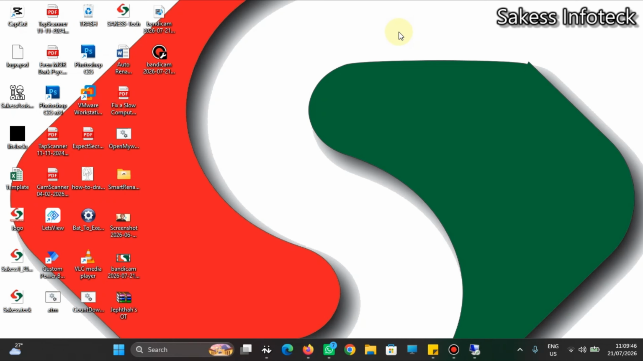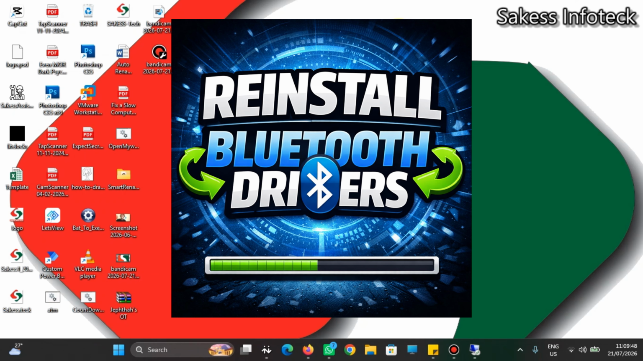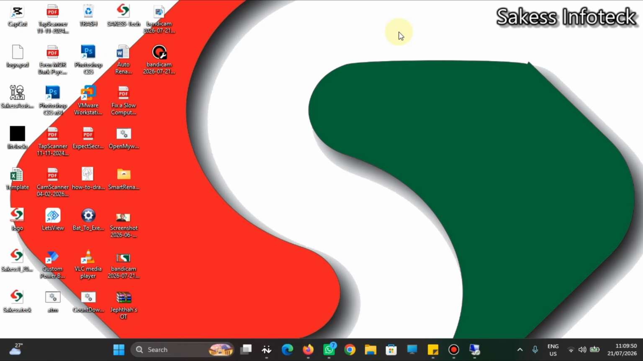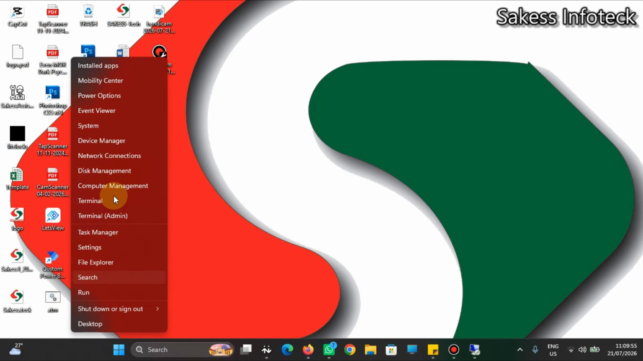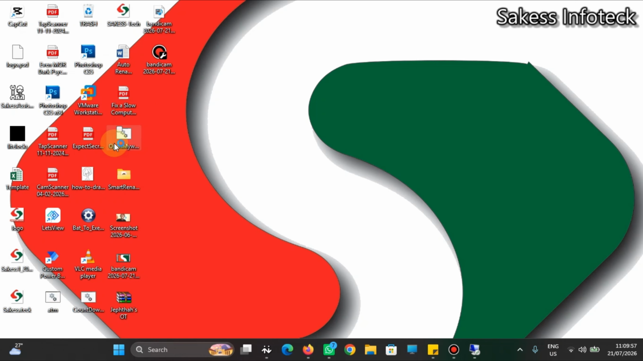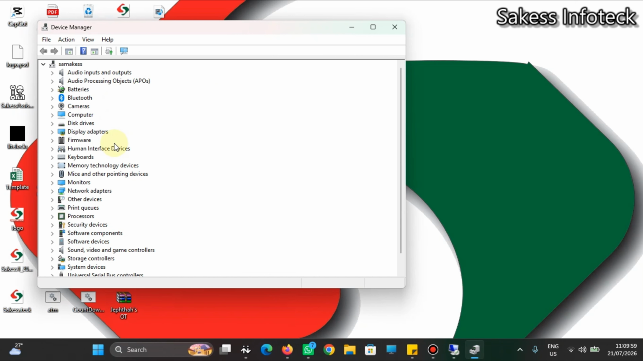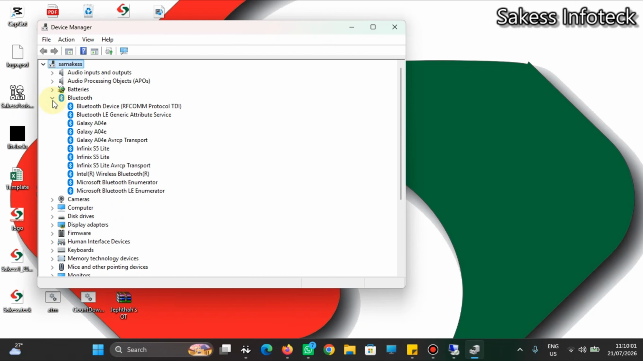So the seventh method is to reinstall the Bluetooth drivers, okay. So to reinstall the Bluetooth drivers, we are again going to right click on the start and then we'll click on device manager. So at the device manager, we are going to expand the Bluetooth and then we are going to click on our Bluetooth, okay. So you are going to select it and then we'll click on uninstall device,